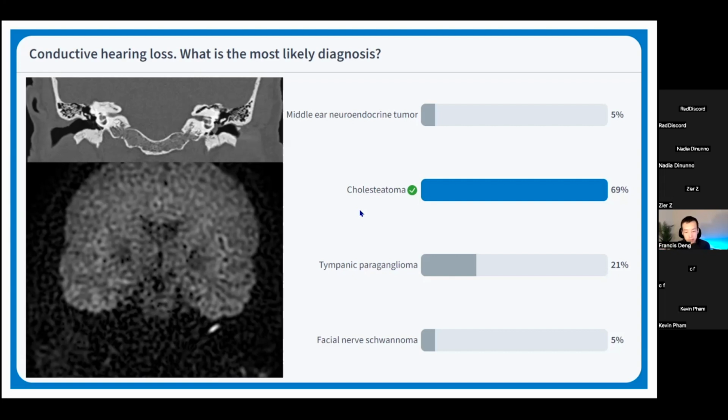Uncommonly, you might have some purulent inflammatory fluid in the ear that mimics this, but by and large, this is going to represent a cholesteatoma. So that is the correct answer here. And the best way to visualize these by MRI is some kind of non-EPI DWI technique that is spin echo based, like PROPELLER, that samples k-space in a more efficient manner,